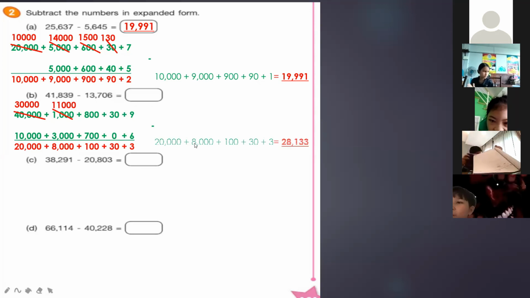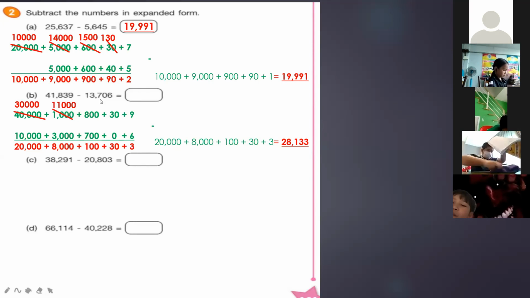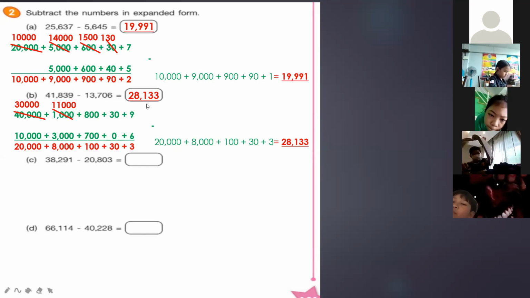So the next step, we're going to add the answers together. So 20,000 plus 8,000 plus 100 plus 30 plus 3 is equal to 28,133. So the difference between 41,839 and 13,706 is 28,133. And for letter C, we have